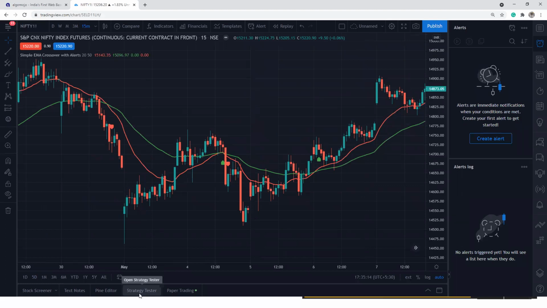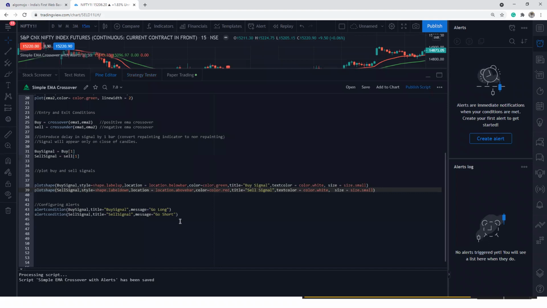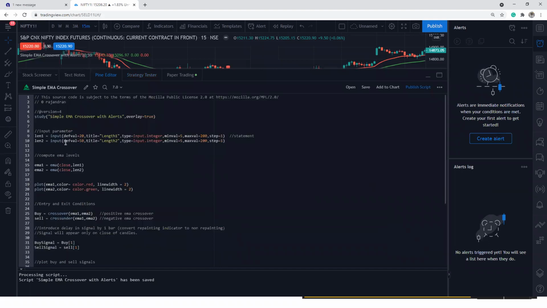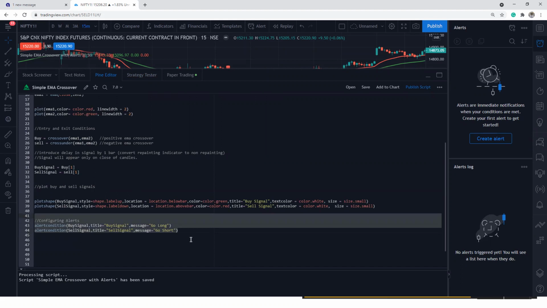So now what we are going to do here is, this is an indicator. You cannot create any strategy from an indicator. Indicators cannot be automated either. At most, you can write an alert. For a strategy, you don't need to configure any alerts, because by default strategies can be used to create alerts automatically. That is very easily possible.